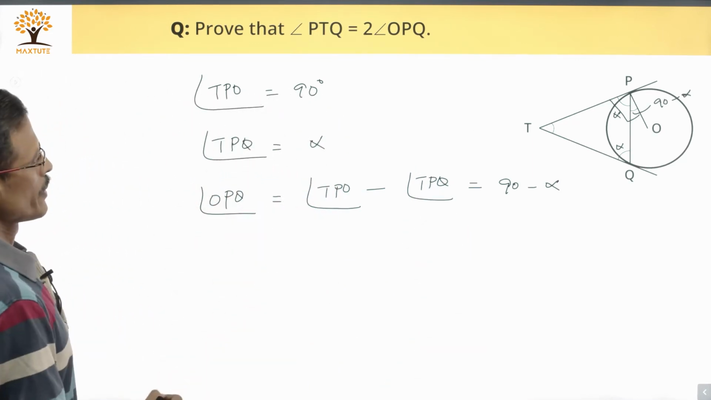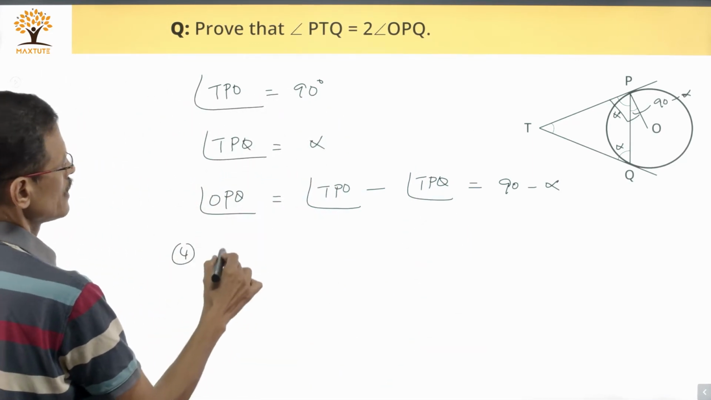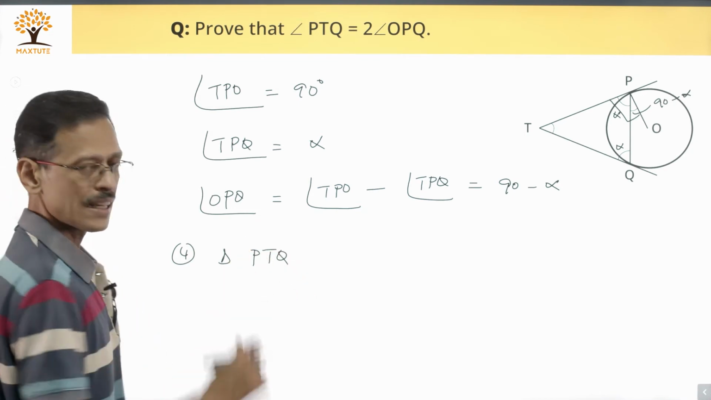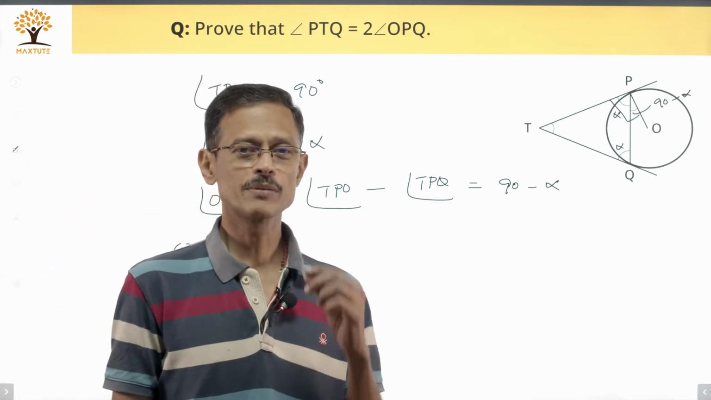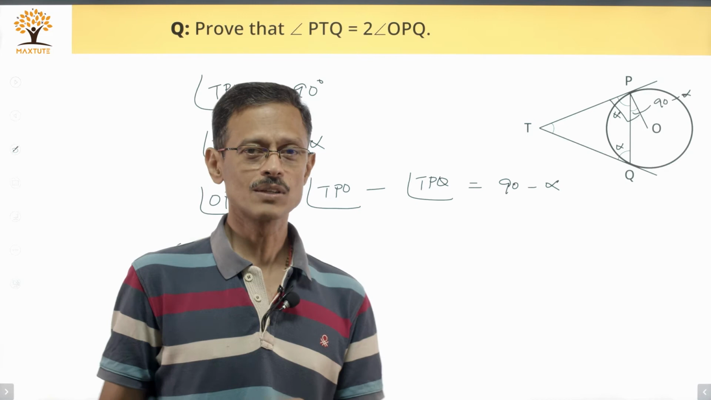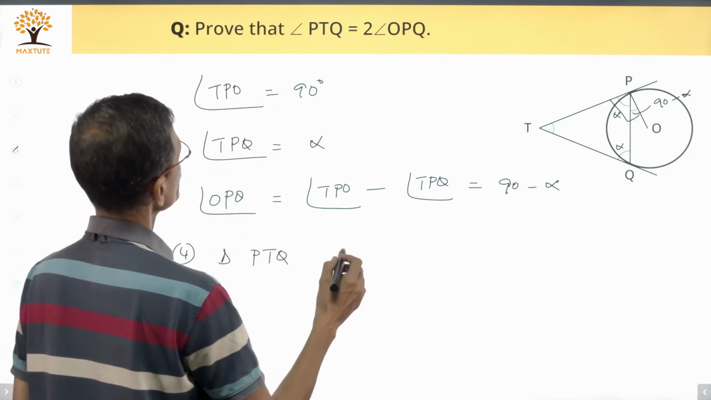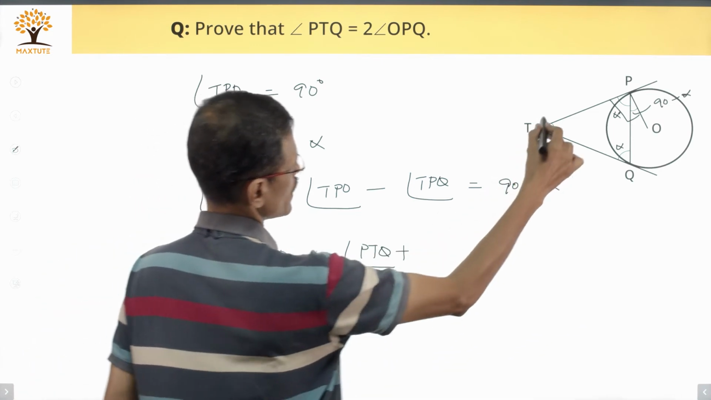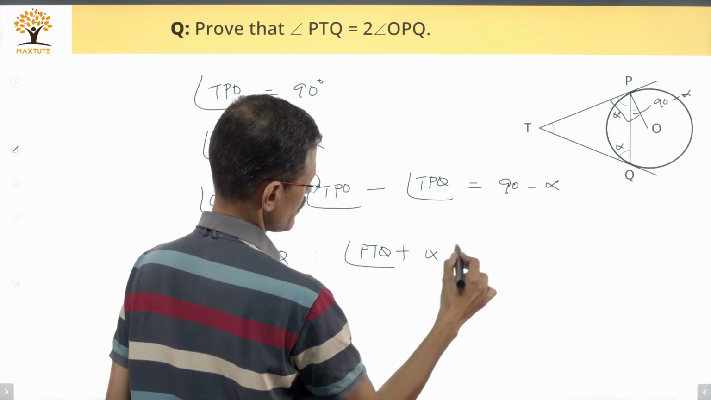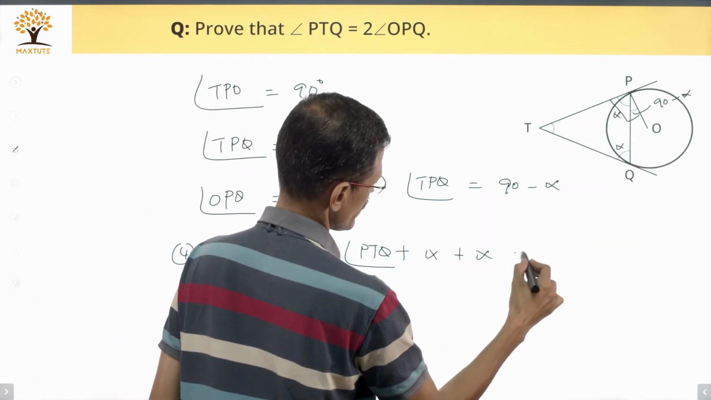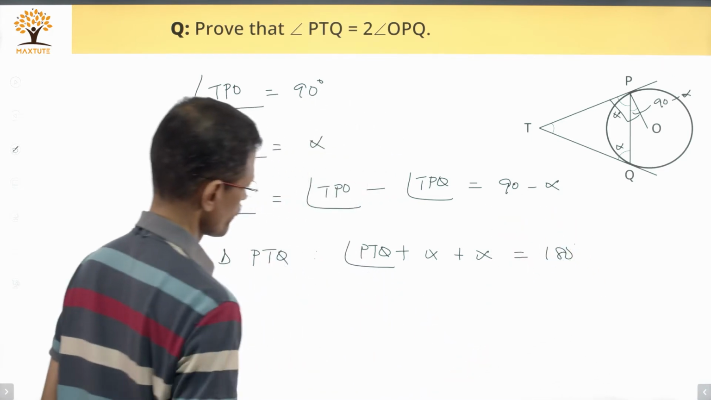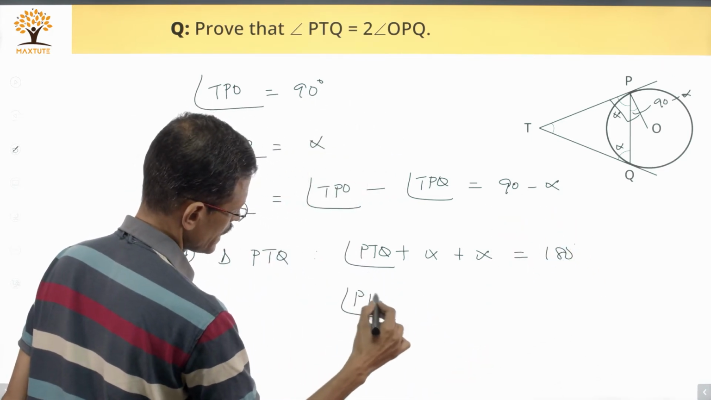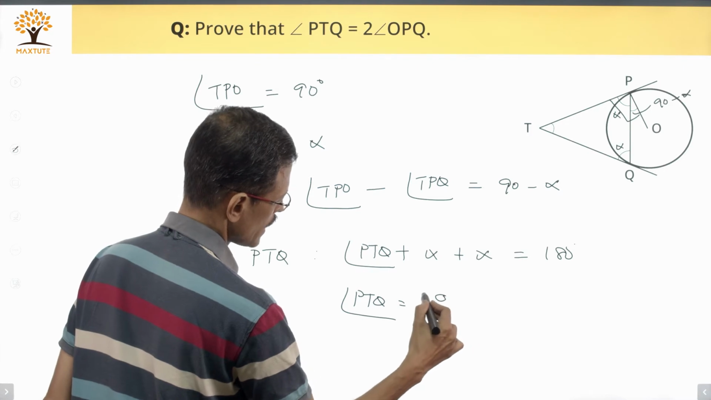Next step, we are going to be looking at triangle PTQ. In triangle PTQ, the property that we are going to be using is the sum of the interior angles is equal to 180 degrees. So, in triangle PTQ, we have angle PTQ, which is one of the angles. The second angle is alpha. The third angle is also alpha, which is equal to 180 degrees. Translating to the fact that angle PTQ is equal to 180